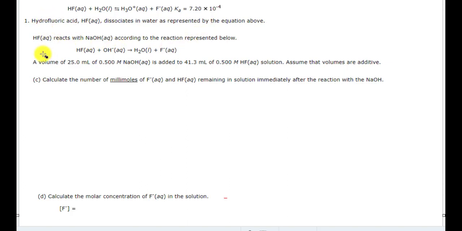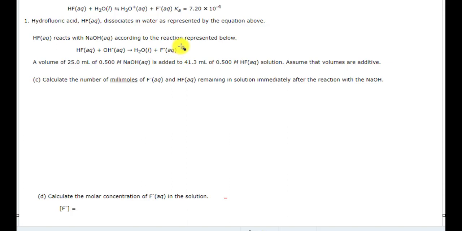Now, we've gotten to the part here. We've already answered questions A and B, where you find out what the H+ concentration and pH is of a simple solution. But now they're going to mess things up. This is where it really becomes AP, where we have the acid and we are reacting it with some sodium hydroxide. I mean, that's a strong base, and so we've got this arrow. This isn't an equilibrium. This is a reaction. And we're going to get rid of some of this HF that's there,